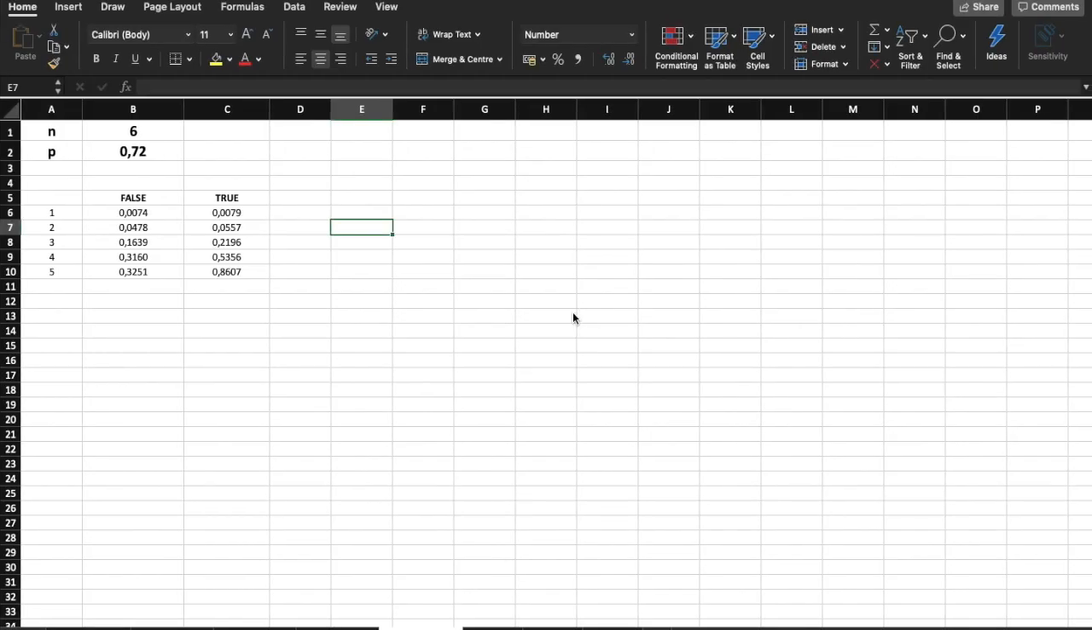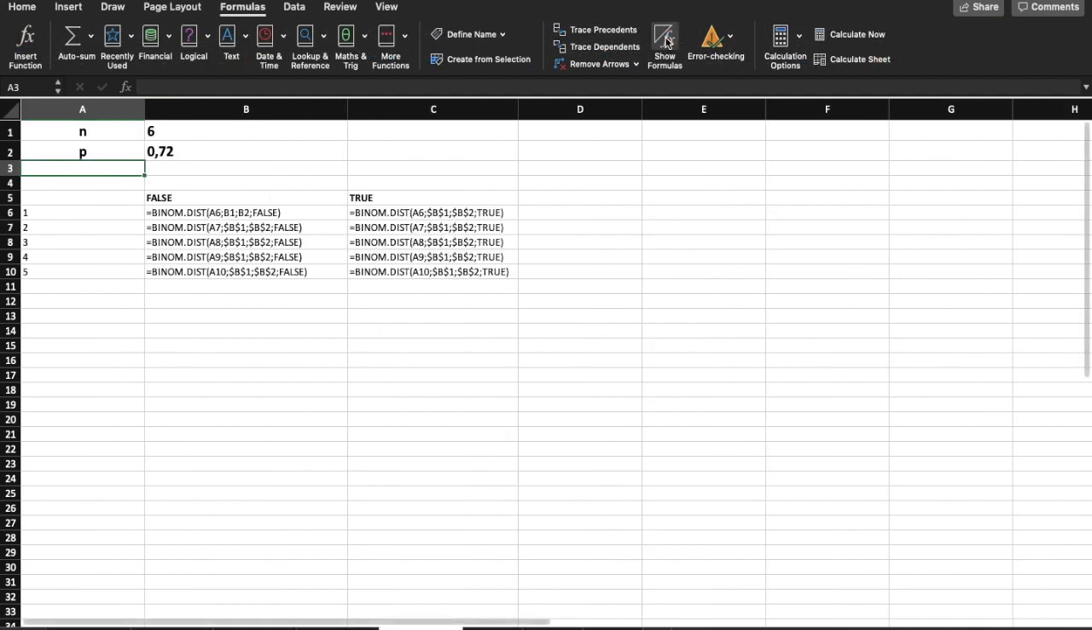So for case study 4, just to explain this a little better, if they give you your n value of 6 and your probability of 0.72, I'm going to show you guys what the formulas look like, just so it's a little bit easier. So if they ask you for a success, you're going to use false, and if they ask you for failure, you're going to use true. So yeah,